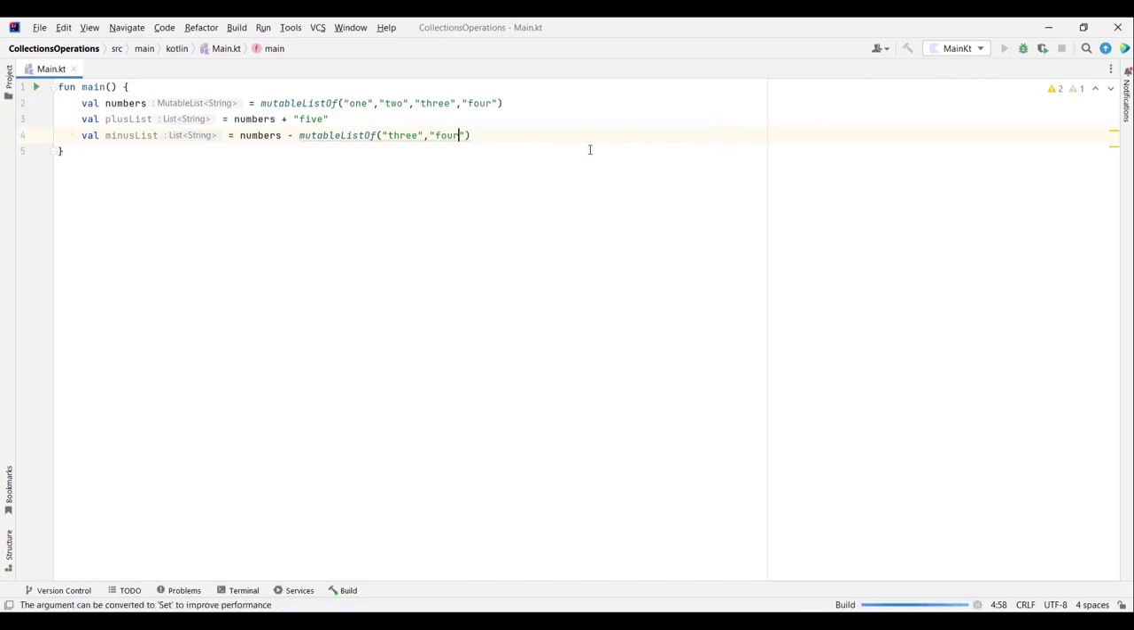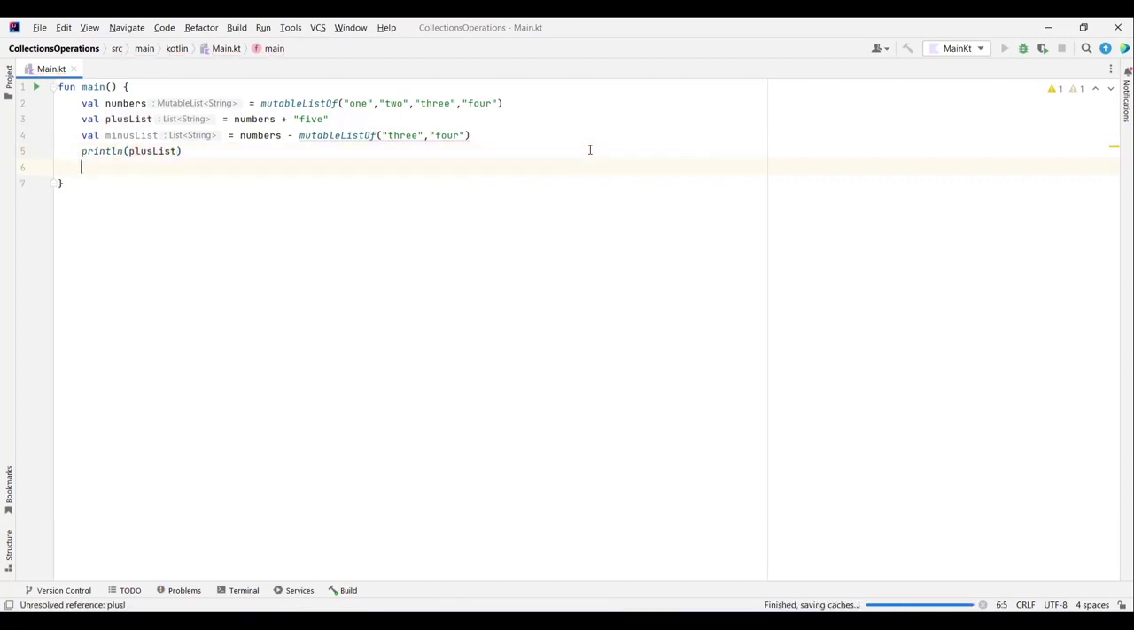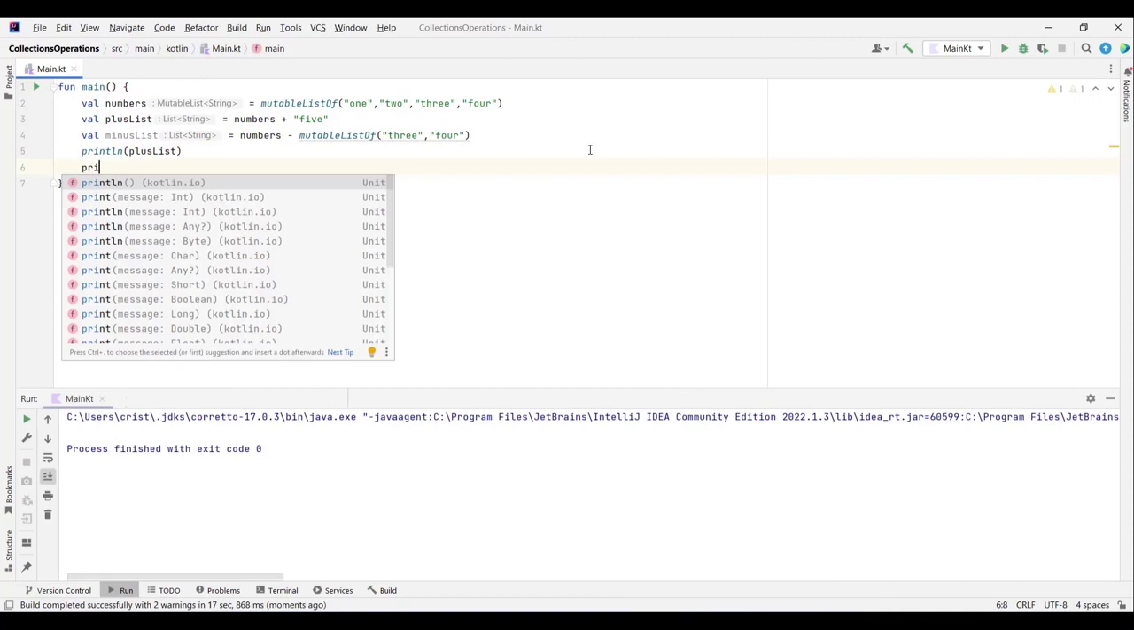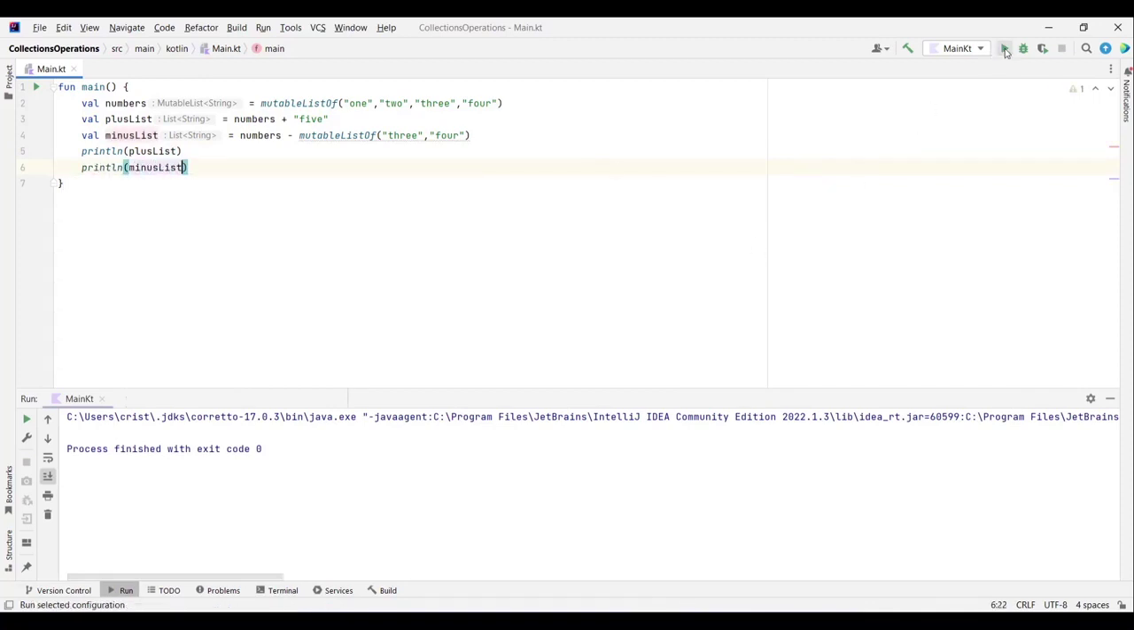Now, anyway, let's run our code to see what we get in the output. But we need to add some print lines to get something in the output. So I'm gonna add here a print line, plus list, and another print line, minus list. Now if I run this again,